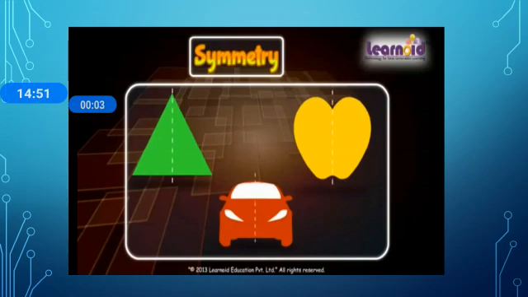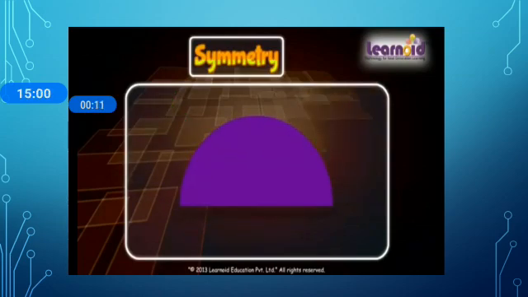Some shapes are symmetrical and some are not. Symmetrical shapes can be divided in two same halves. We can draw lines